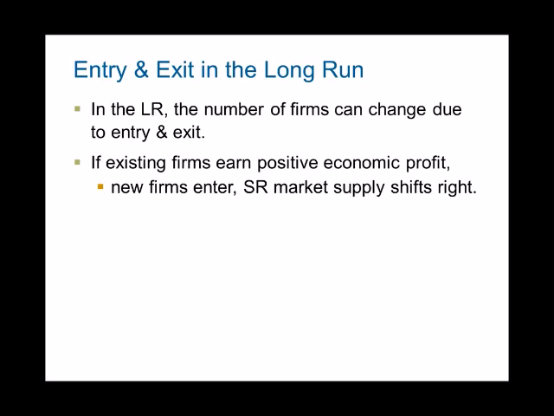When new firms enter the market, of course, as we saw in chapter 4, an increase in the number of sellers increases supply. And so the supply curve will shift to the right. SR means short run. So the short run market supply curve will shift to the right. When supply shifts to the right, you can draw it. If demand stays the same, this is market demand, then price falls, reducing profits and slowing entry.